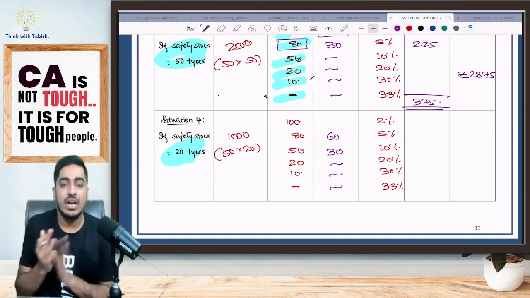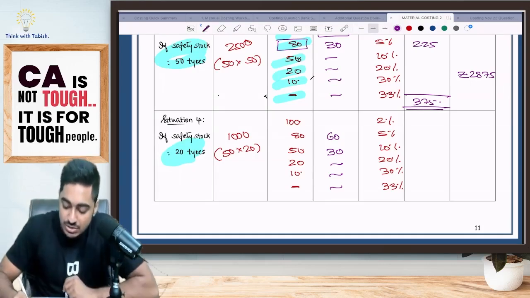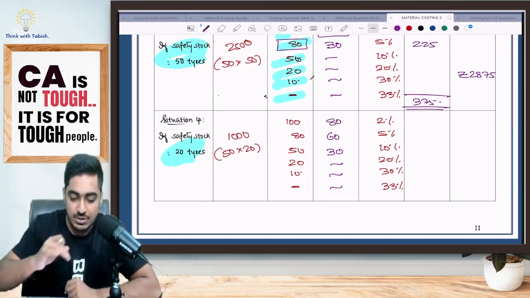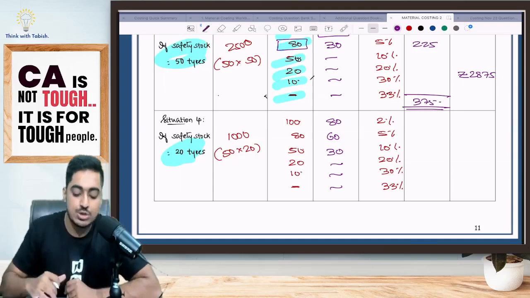Customer asked for 100. I only had 20. So how much did I give him? Yes, I gave 20 to him. 80 is lost. So what is the loss? I am telling, boss, in one tire 150 I'll be losing. Yes or no, everyone? Like that, if I have lost 80 tires, my loss will be 12,000.